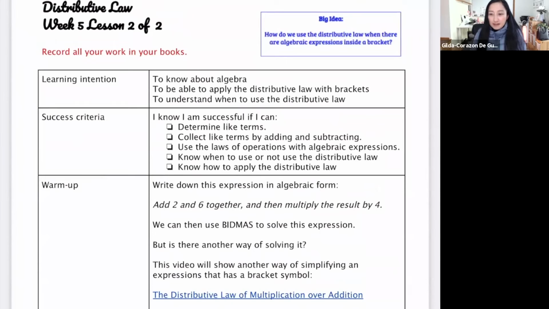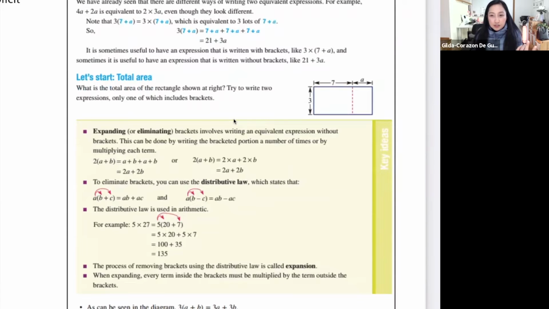We're still learning about algebra. We want to be able to use the distributive law or expansion of algebraic expressions. Okay, so we've seen addition and subtraction last lesson. Some of these algebraic expressions can be written in different ways. Okay, but what we need to know would be how to write them down in different ways so that when we need that type or that form of that expression, we would be able to just know which ones are